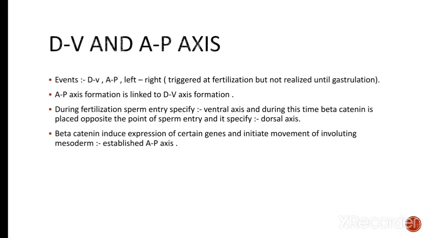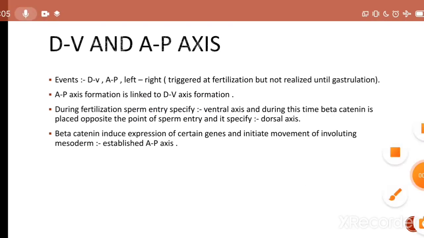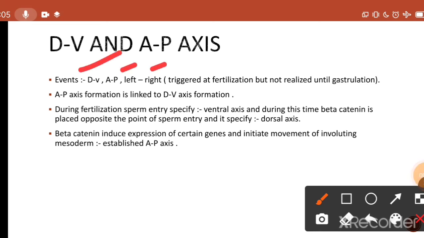Next is dorsal ventral and anterior posterior axis formation. Events such as dorsal ventral, anterior posterior and left right axis formation are triggered at fertilization, but this is not realized until gastrulation, because the actual formation of these axes results after gastrulation, which starts from the blastopore lip. Anterior posterior axis formation is linked to dorsal ventral axis formation, as we know that the sperm